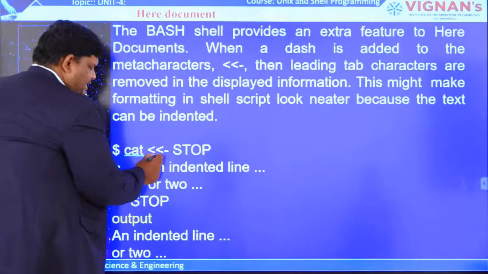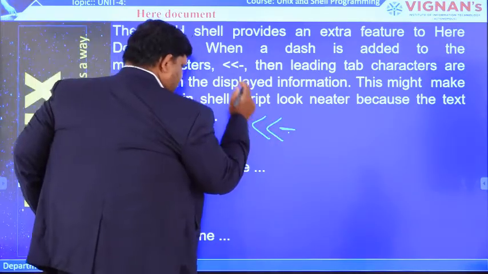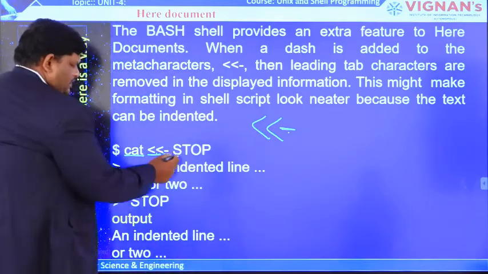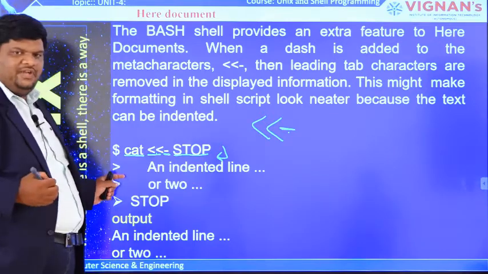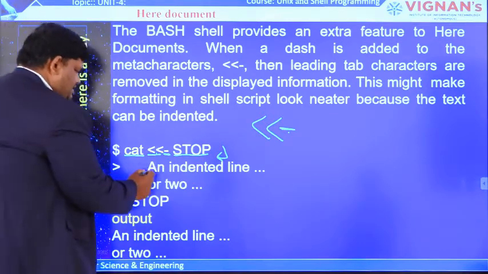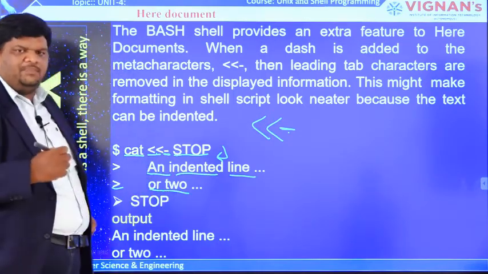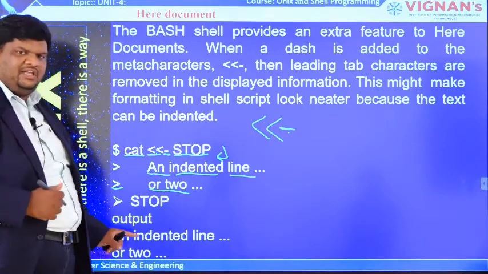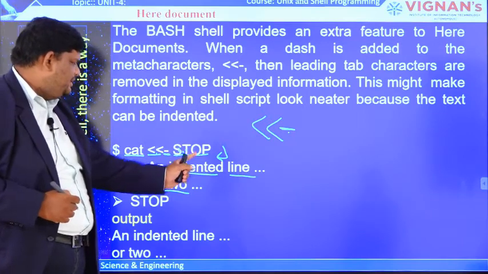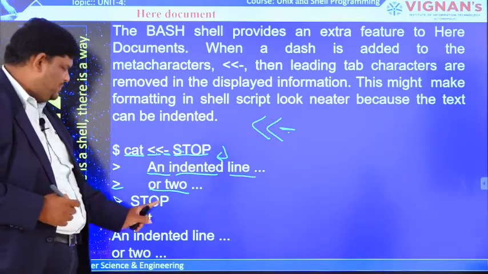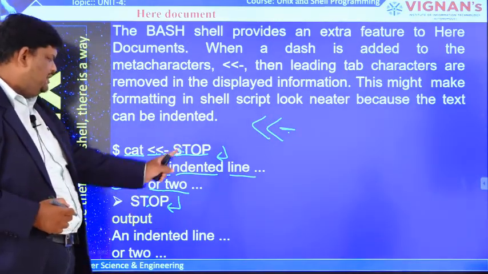Here we are giving cat with a here document. If we are providing a dash along with this here document, what happens? Let us consider. We know that STOP is nothing but one delimiter. After that, enter. What happens? It waits for the user input. The user gives some data, again enter, again the user gives some data. Okay, the user wants to stop the data. That means the user has to give the delimiter that we gave here. Here we gave the delimiter STOP. So we have to give the same delimiter STOP. Then it stops accepting the data from the user because these two delimiters are the same.